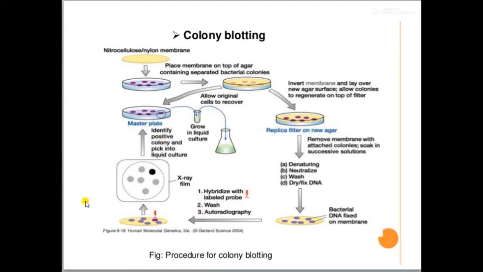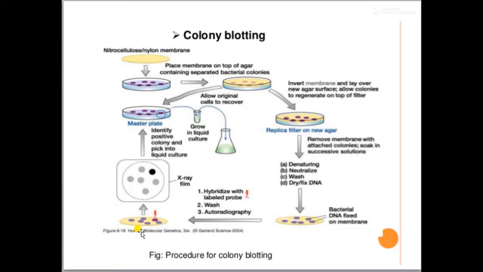Now, I had told you about a blocking agent which was being added. Sometimes non-specific binding could happen on the background where the colonies are not present, due to some similarity or errors. So before the probe is added, you add a blocking agent so that all those regions where the DNA is not present, the blocking agent will go and bind,